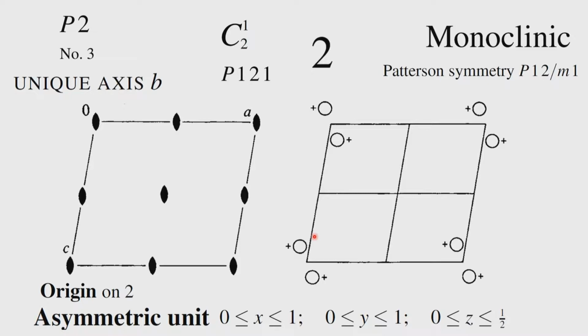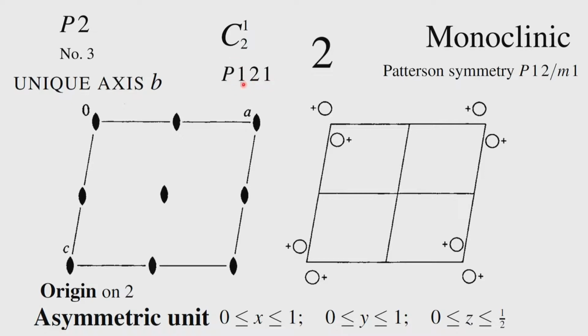The moment we say twofold, the moment we say there is a twofold symmetry as a point group symmetry associated with the object in our crystal system, then we realize that it has to be a monoclinic. A single twofold axis operation represents a monoclinic, as we have studied many times earlier. So, the presence of the twofold is indicated in a full symbol in this form. It says P1 2 1.